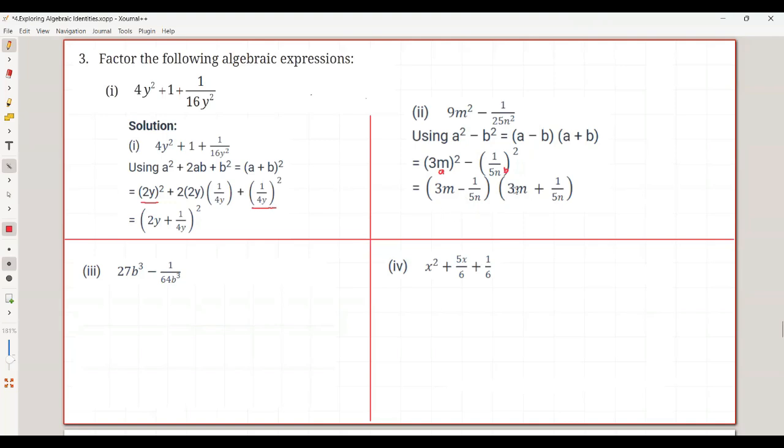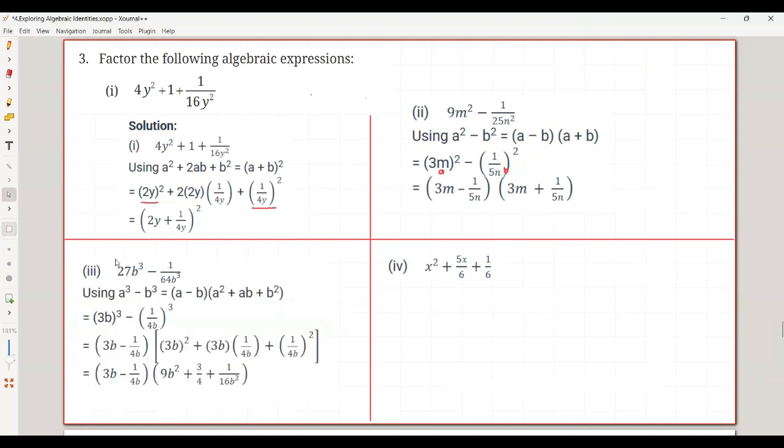So now third question. So a cube minus b cube. The formula is a minus b into a square plus ab plus b square. So from this you have to identify what is a value, what is b value, then apply in the formula. 27b cube we can write as 3b the whole cube minus 1 by 64b cube we can write as 1 by 4b the whole cube. Now this is our a value,